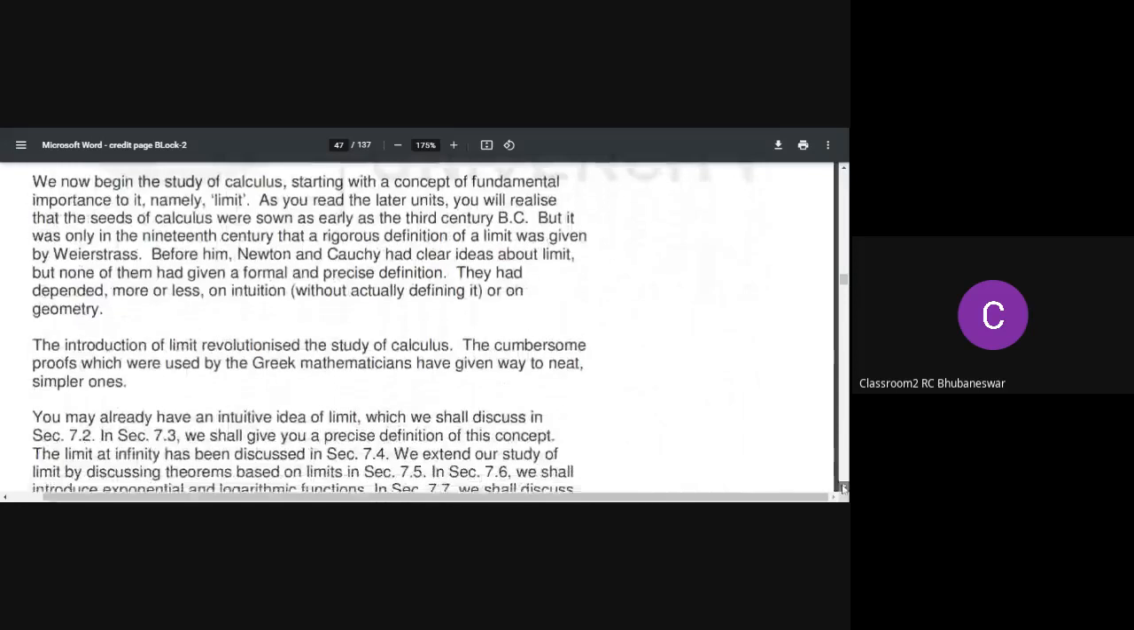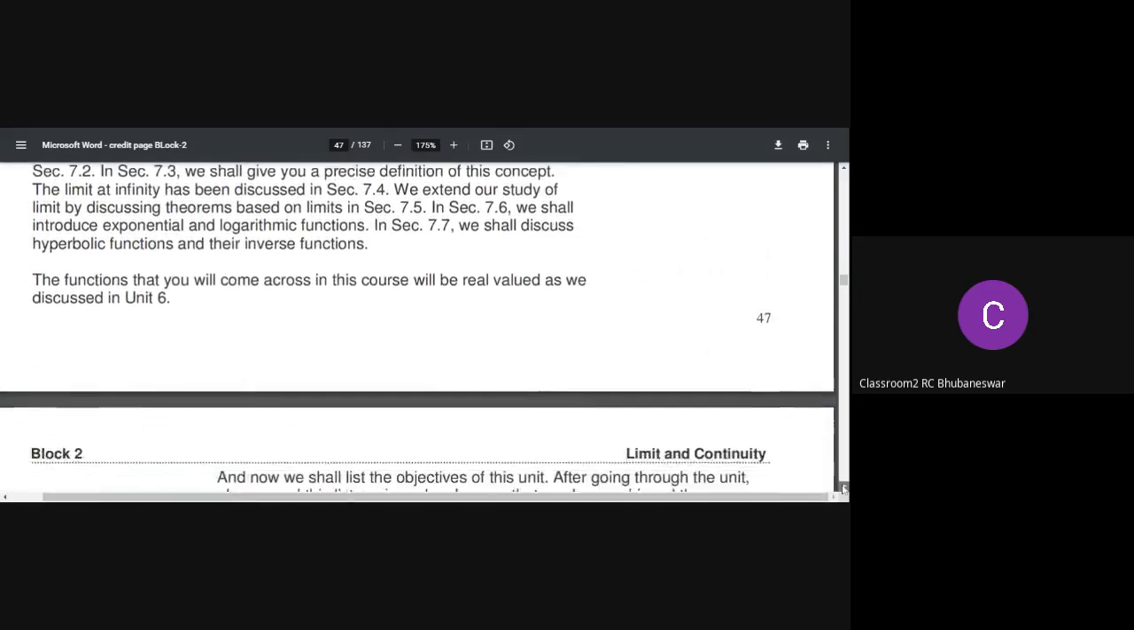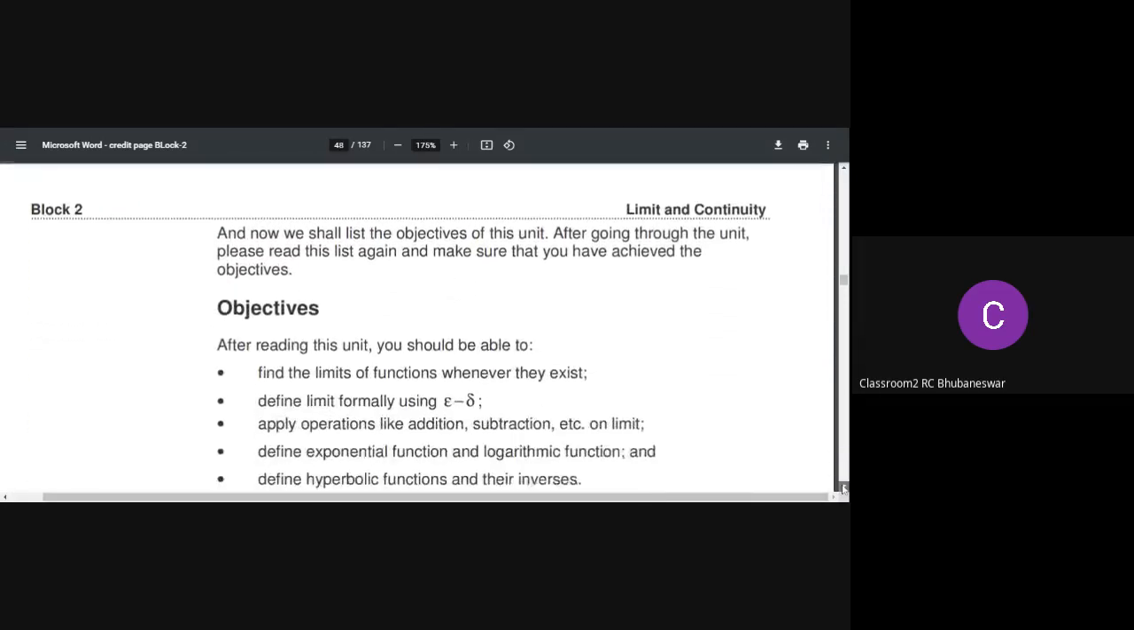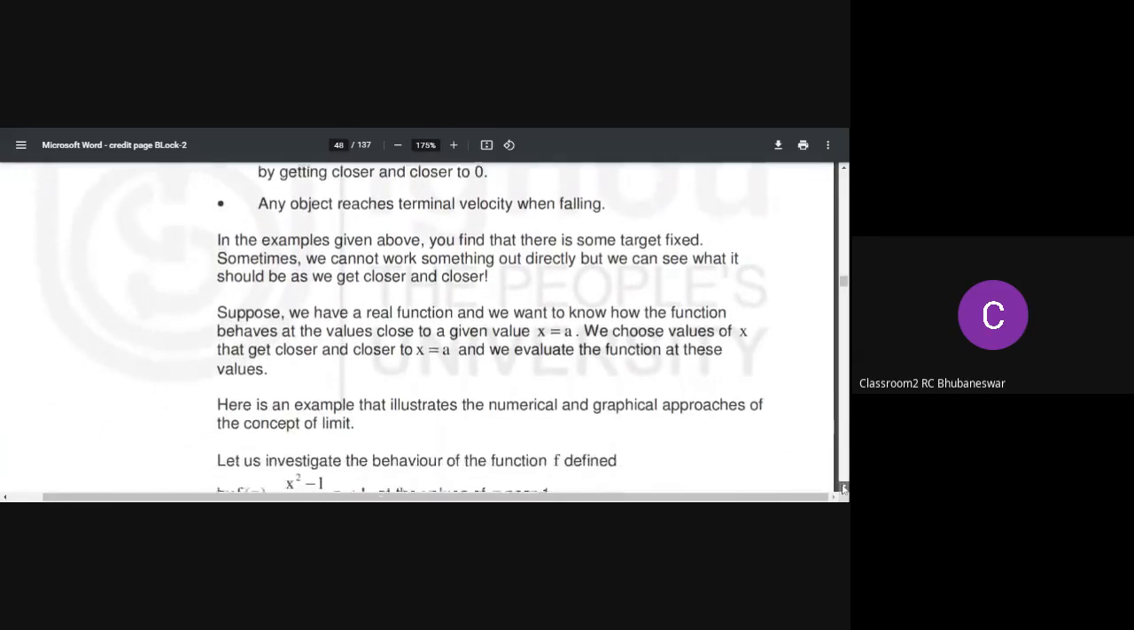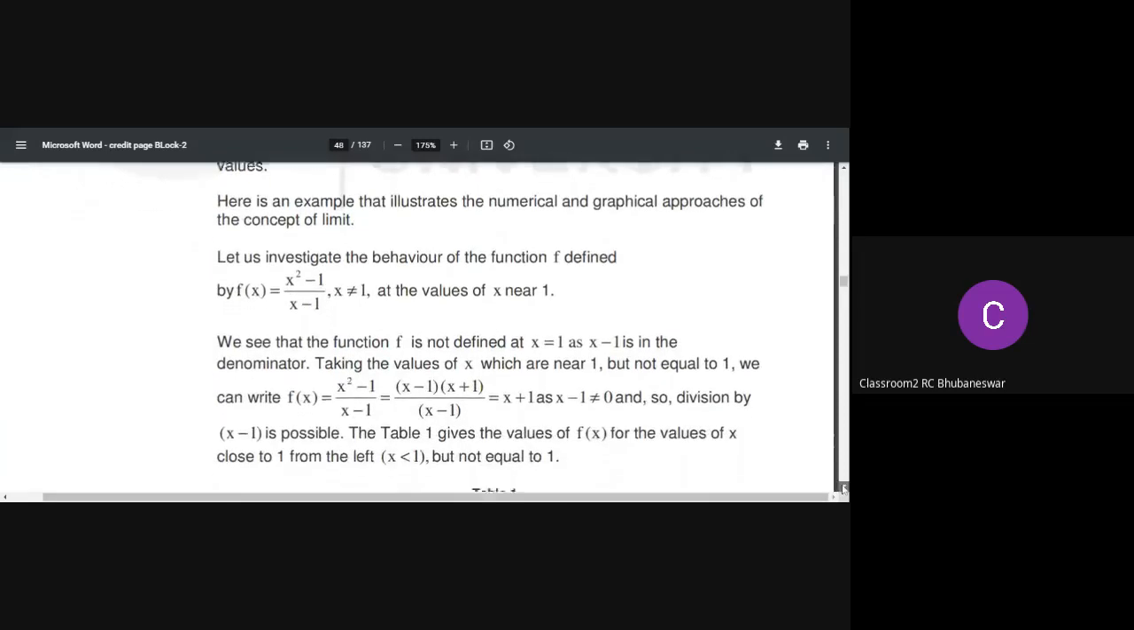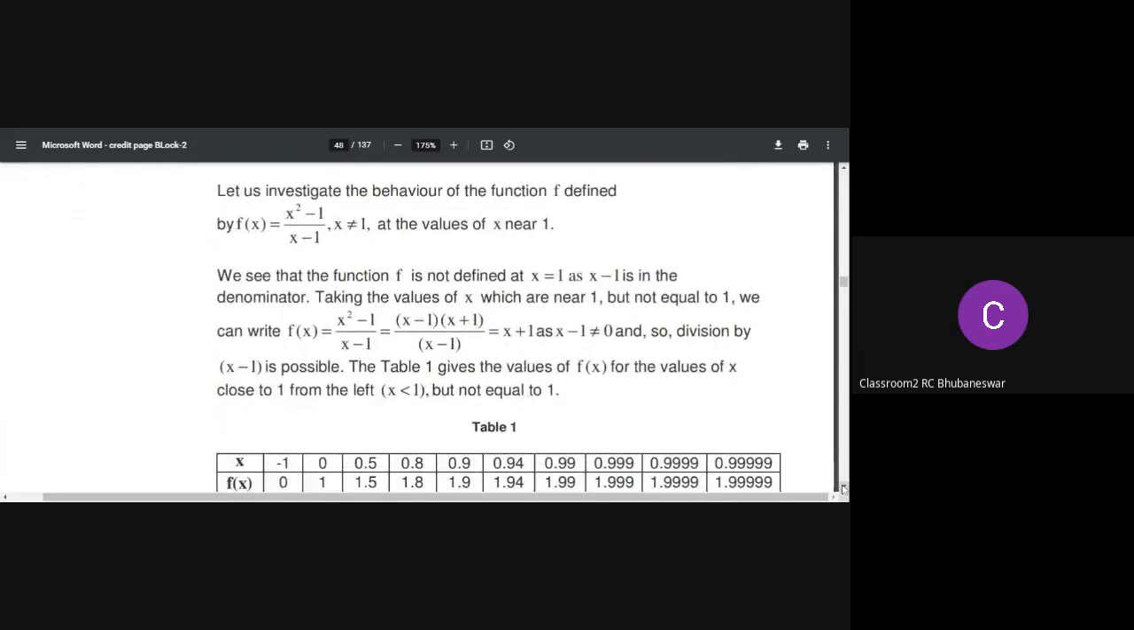intuitive definition of limit. So intuitive means the basic idea. What is the basic idea behind the definition of limit? Whenever you use the word limit in mathematics, the situation is that whenever a function does not give us a value for a particular input value, then we are searching for its approximate value for that particular input. So here we discuss